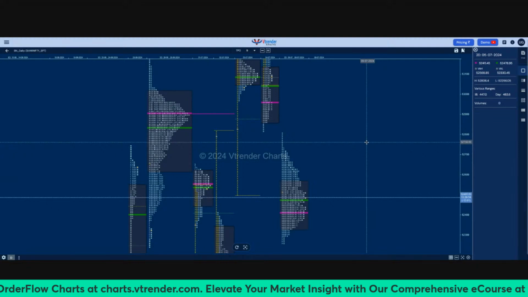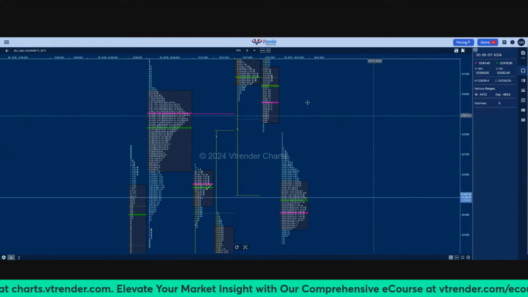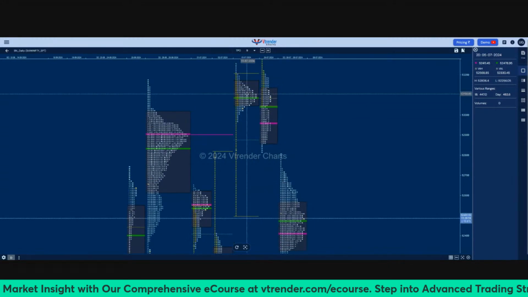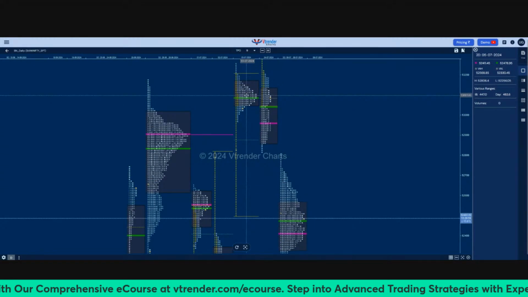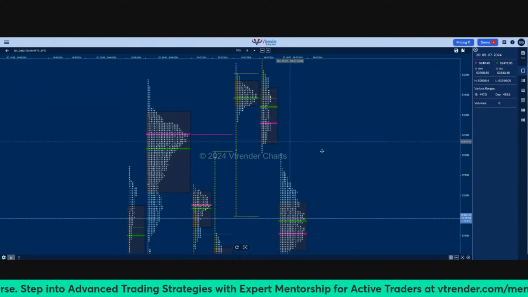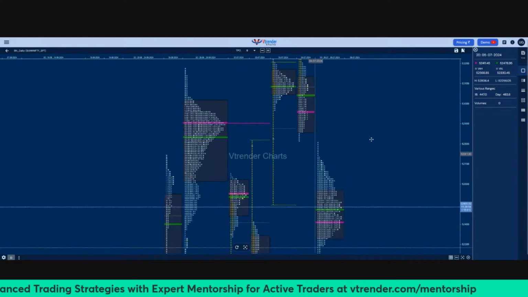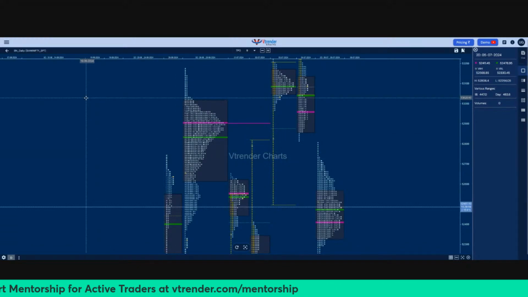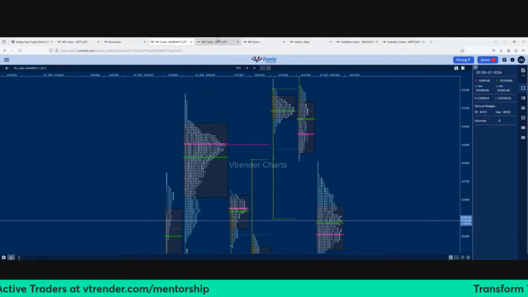We will need to make range extensions higher, and one of the objectives would be 52961, and then we have that weekly POC of 53100 as the next objective above this. So this is what we will have to look for in the Bank Nifty spot this week and see how it goes. So coming to the futures chart,